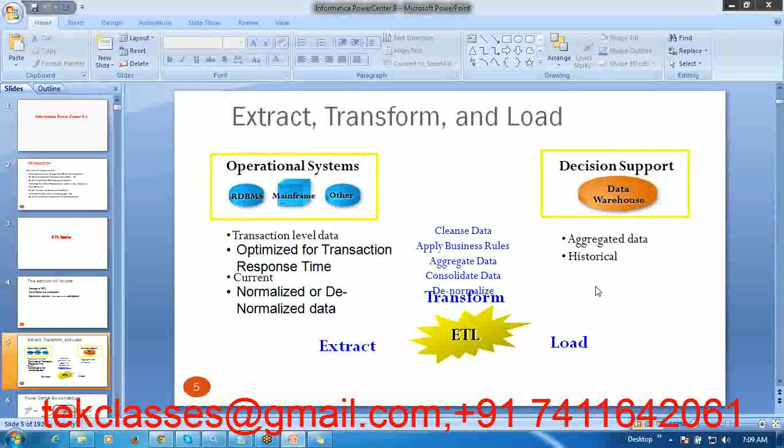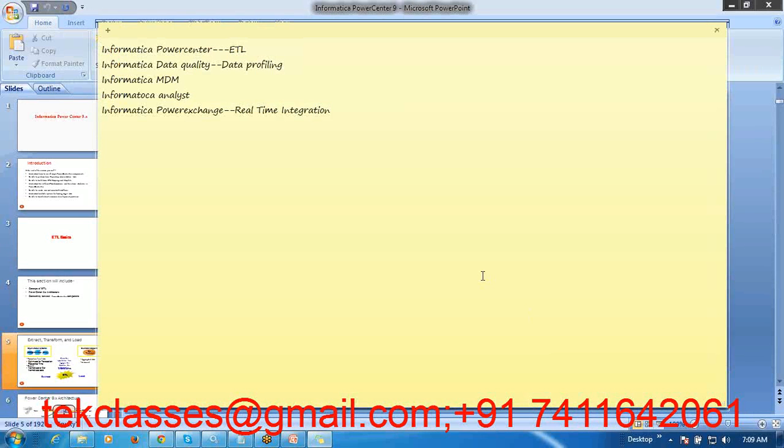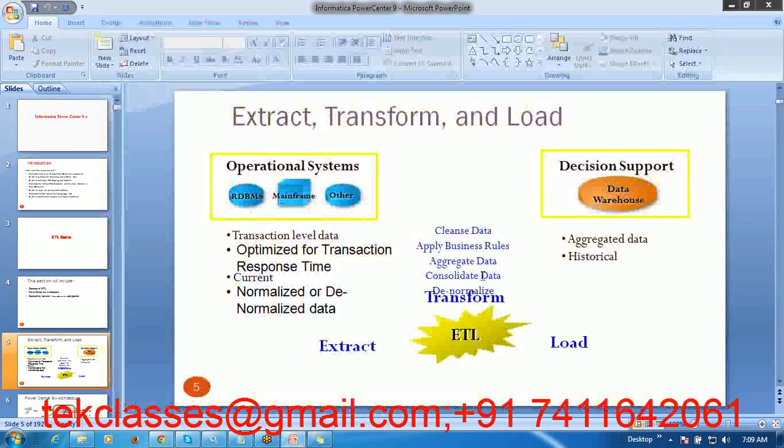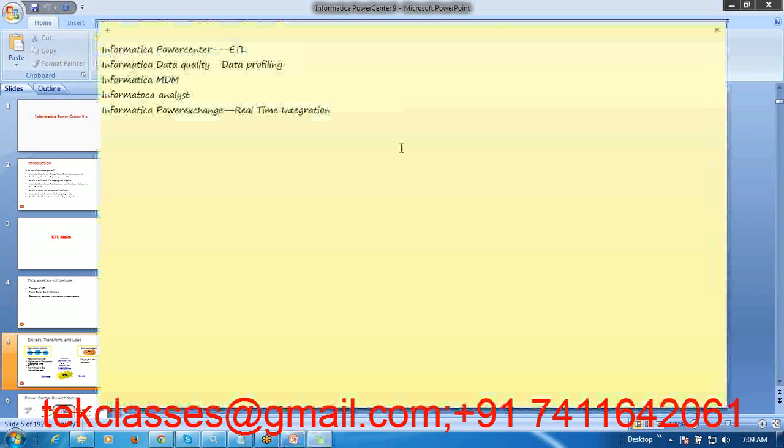and inside the data warehouse you will have aggregated data and historical data available. So today we are going to understand the architecture of Informatica Power Center. Informatica Power Center has evolved over the versions. There are a lot of versions available in Informatica Power Center. They started in 1990, and within a span of 14 years, they have come up with a lot of